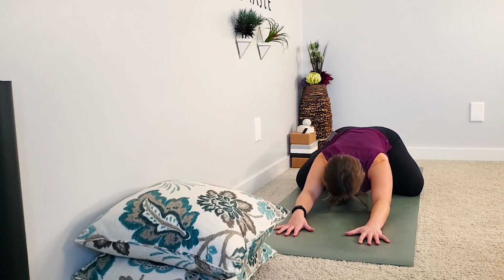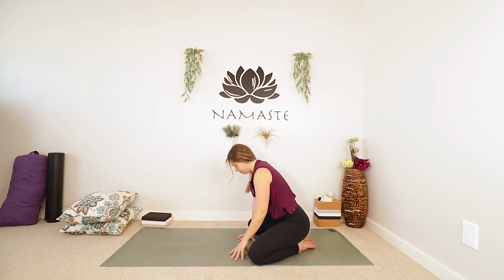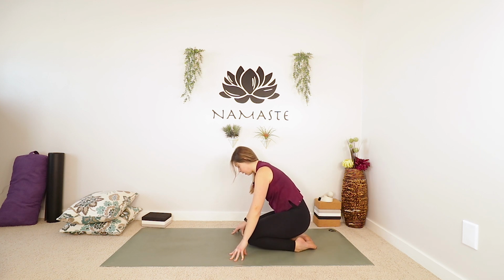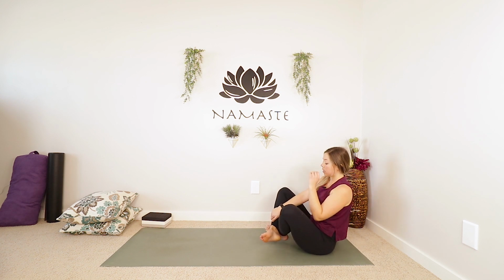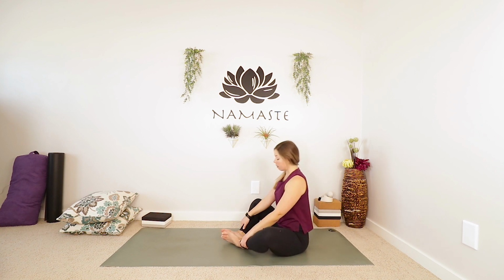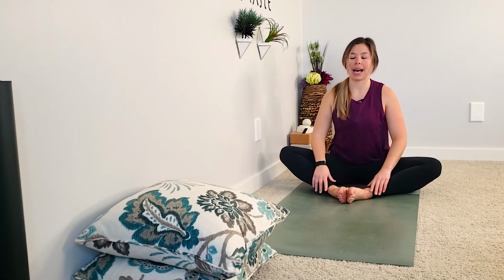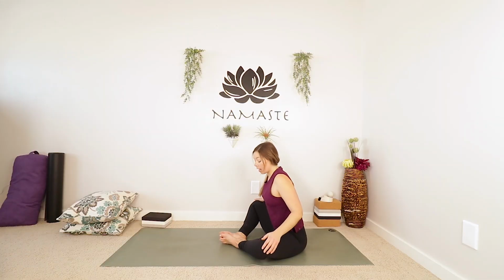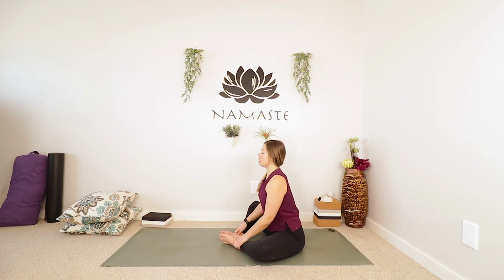Using an inhale, slowly lift the forehead, walk the hands back in. You can slide your knees together, crossing your ankles and having a seat. So bring your feet together, the soles of your feet together, and your knees out wide. One last hip opener. Taking your hands to your knees, sitting up nice and tall. Pull those shoulders down. You can stay here, or you can tip forwards